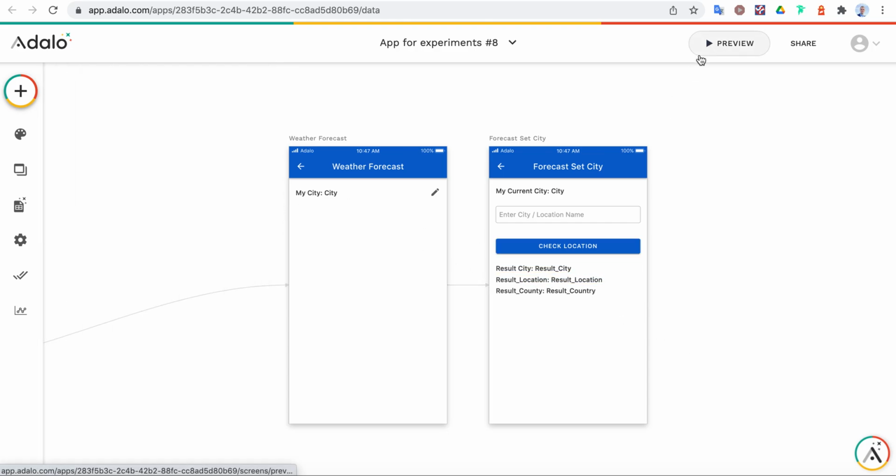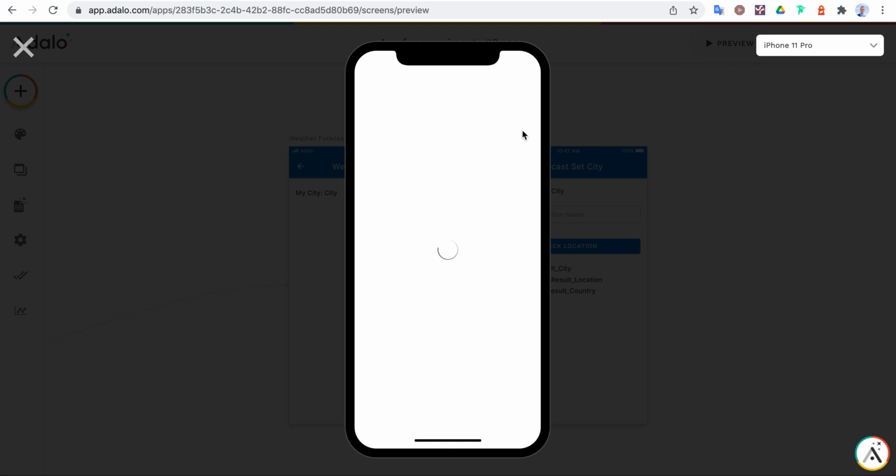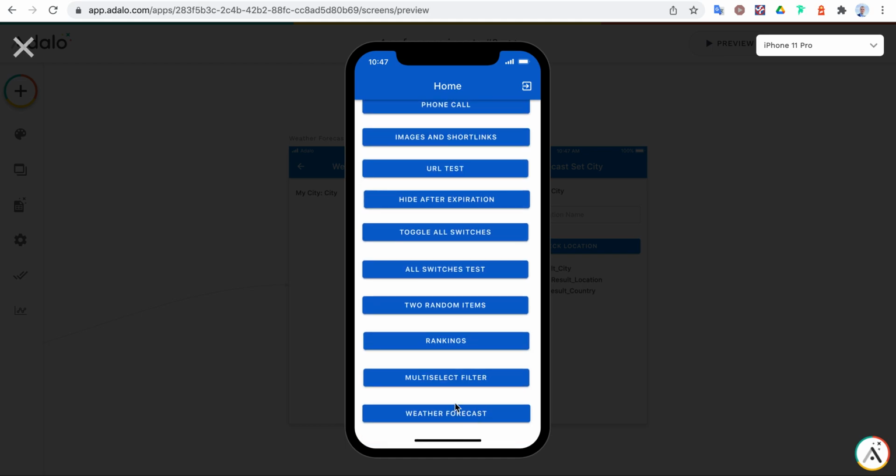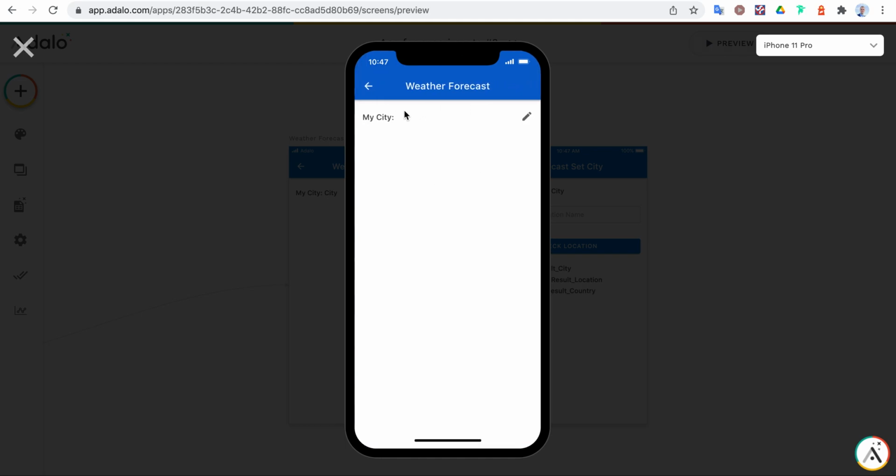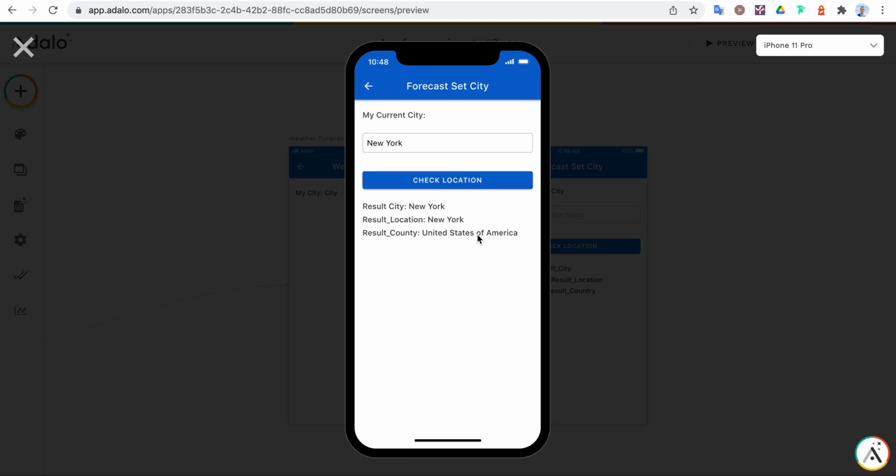Okay, so let's quickly check if it works or not. Weather forecast, my city, this is empty. Let's enter New York. Check location. Okay, well, this one is correct. And the example about Moscow. Okay, and if I go to another Moscow,